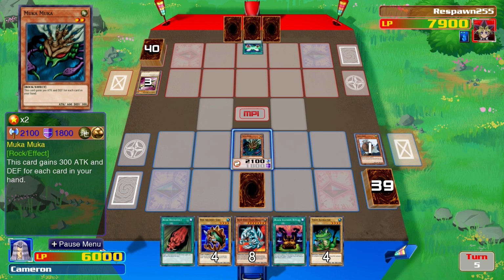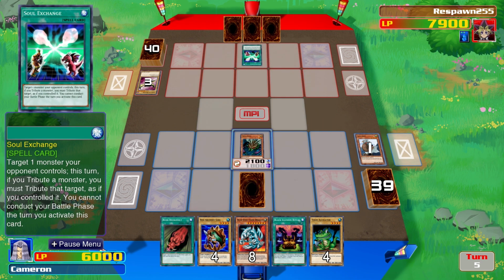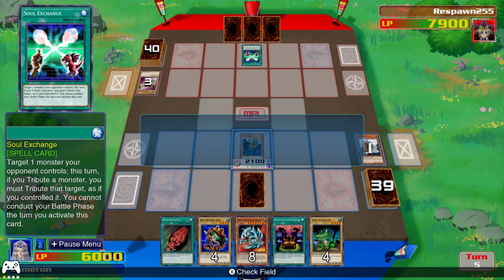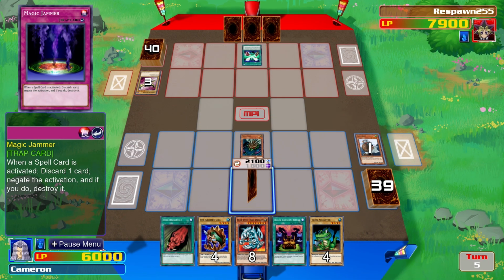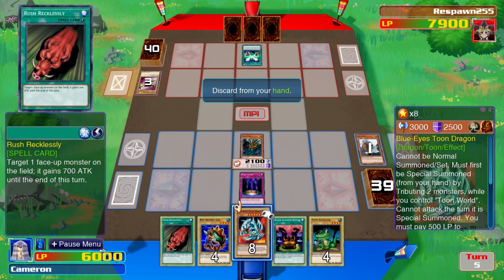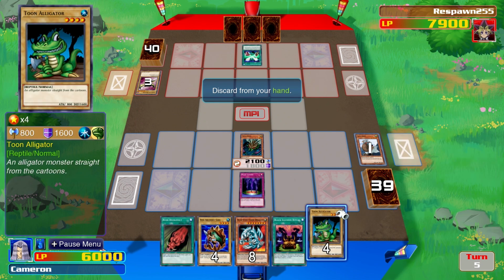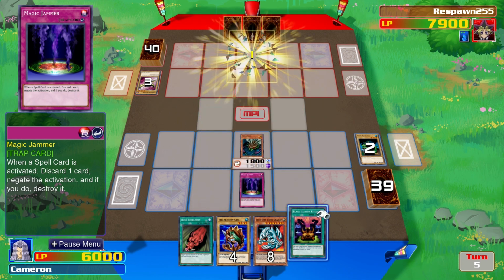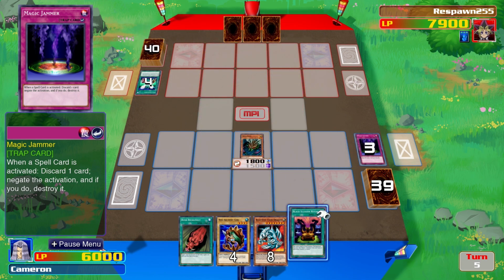Alright, what's Yugi got in response? He has just lost his Curse of Dragon. Soul Exchange, that's a fantastic card. Pegasus, I was just about to say, he has a Magic Jammer on the field. So he will actually be able to stop that Soul Exchange and protect Muka Muka. Thankfully for Pegasus, if he didn't have that Magic Jammer, he was about to lose Muka Muka. It will lose 300 points because Magic Jammer...